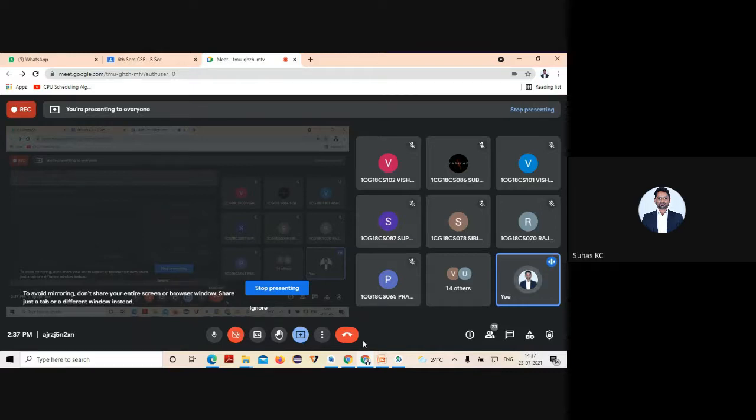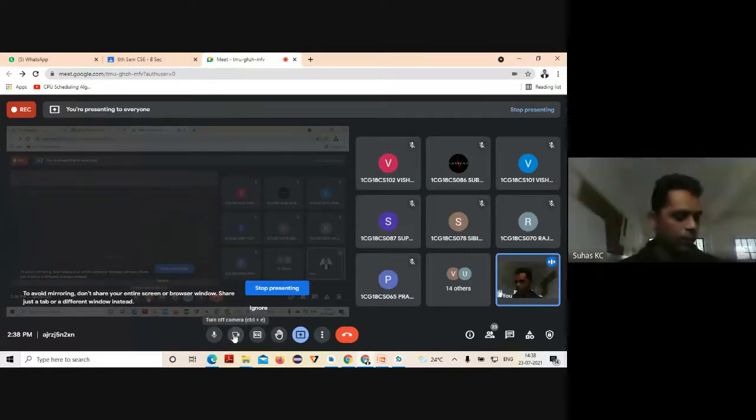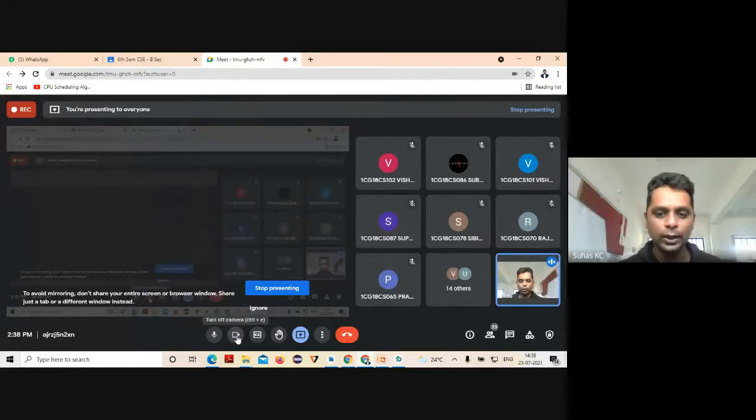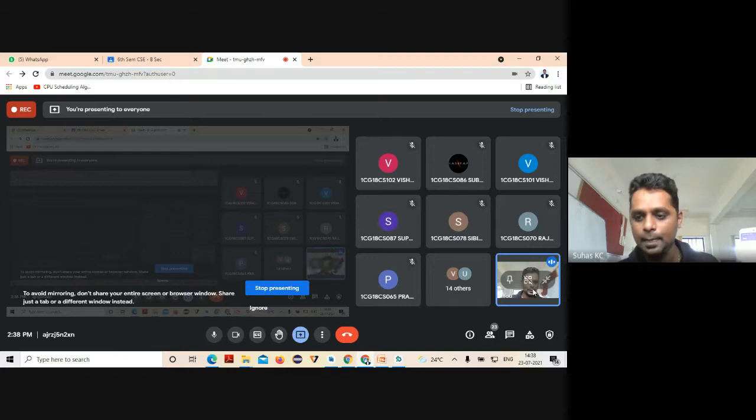Yeah, somebody just open that file. Vishwanath? Yes, just download that particular file. As soon as you download it, you're going to get the output screen.